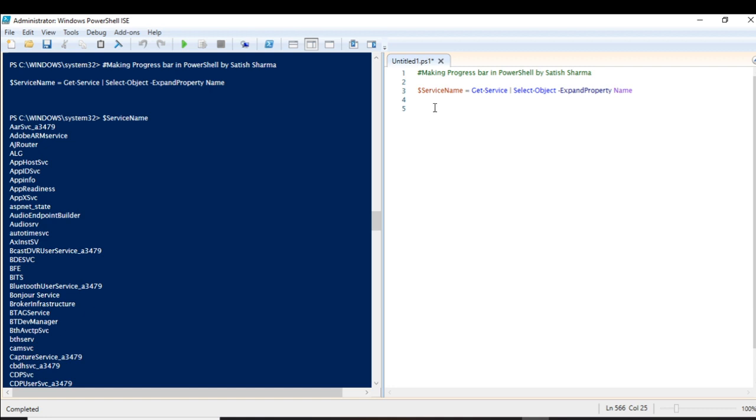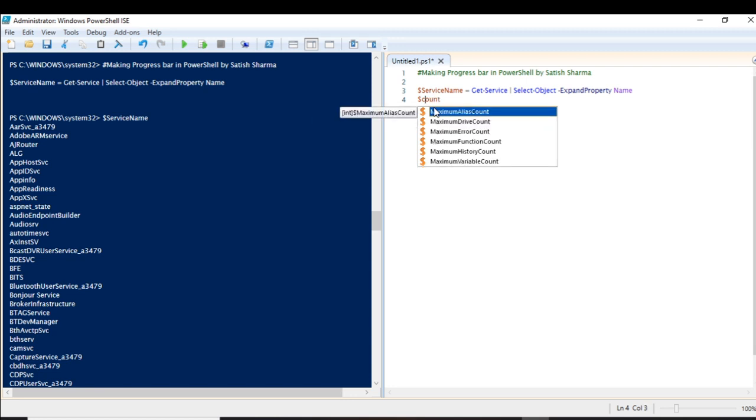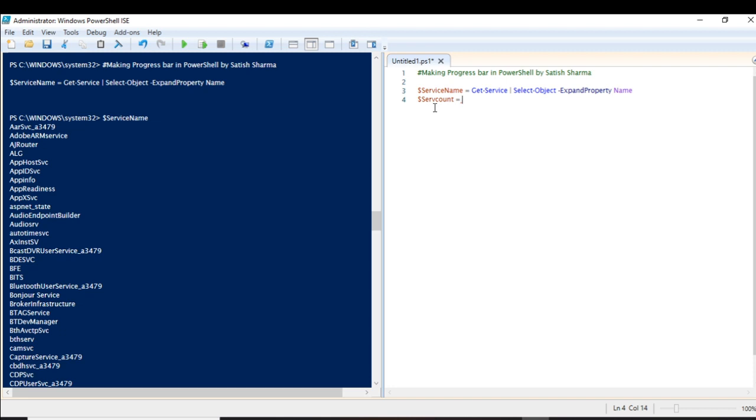Let us first count the total number of values stored in this variable. For that I'm going to create a variable, service count, which is nothing but the total number of values in this service name variable.